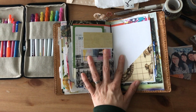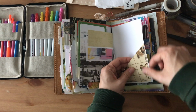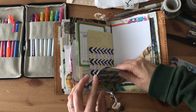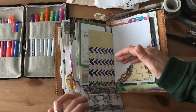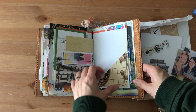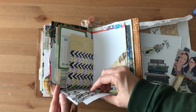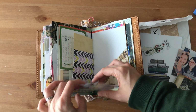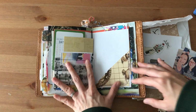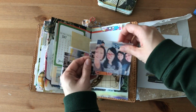Okay. So this one is a pocket. I just sewed in a pocket, and this is a flip out little tuck spot area here. Sorry about that, my phone just automatically turned off for some reason. Anyway, I was saying that there's a pocket here and a flip down tuck spot here. And so I think I will use these two or several pages to journal about